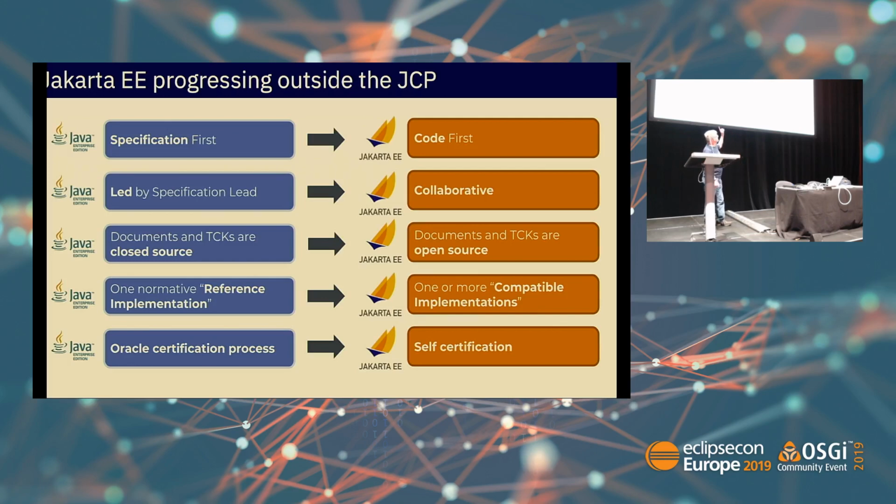So one of the things that we want to focus on is code first. Somehow we want to have code to show that things are real before we try to specify them. Classic example on the JCP side, years ago, we did entity beans. I don't know how many of you have used or developed entity beans. That implementation was not